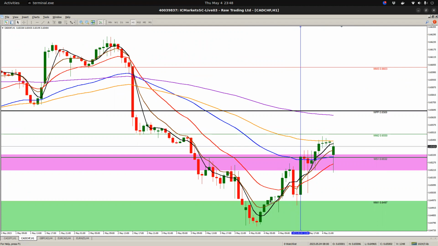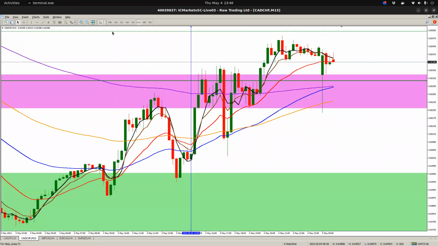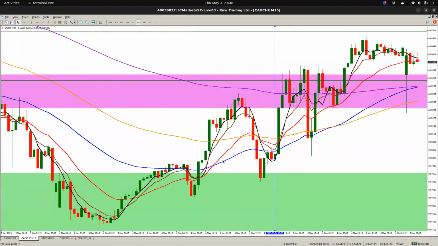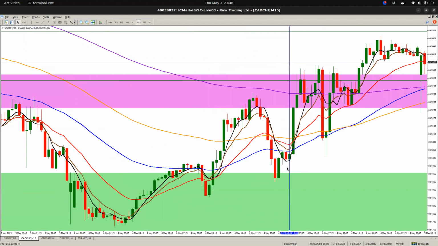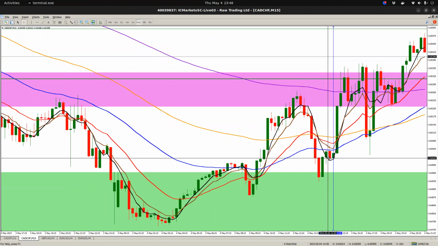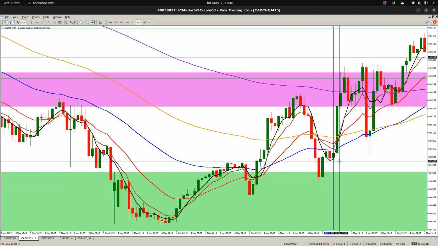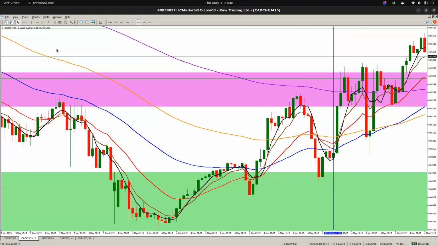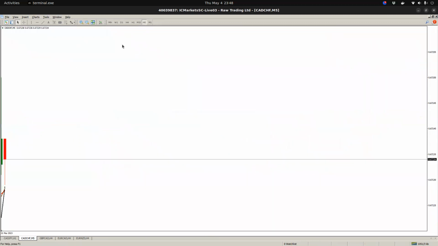Not fantastic. Not at support though. Okay, so you would have been looking at that lower time frame for an indication of lower lows and lower highs. And at this point in time, you can see that price comes down, price comes up, price comes down, and you can see here on the left-hand side, you got this support that price is now sitting at. And looking at an M5 time frame,